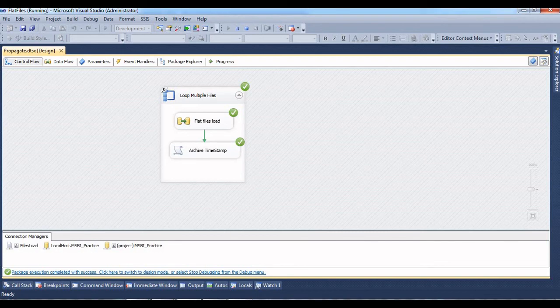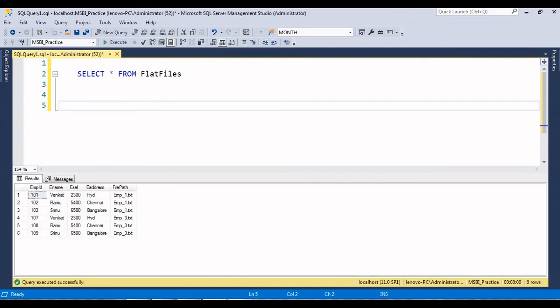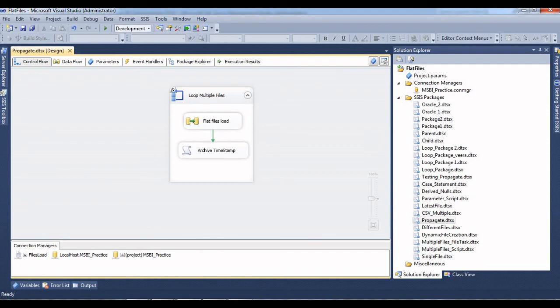This case is very helpful sometimes, because if the package fails and you run all the files again, and you have a small amount of data, that's fine. But if the files contain a lot of data, millions of records, lakhs of records, then again it's a time-consuming process, and a lot of time is wasted. Now you can see only two files were processed, the remaining file was not processed. This way we can handle it by creating a package with a different option.